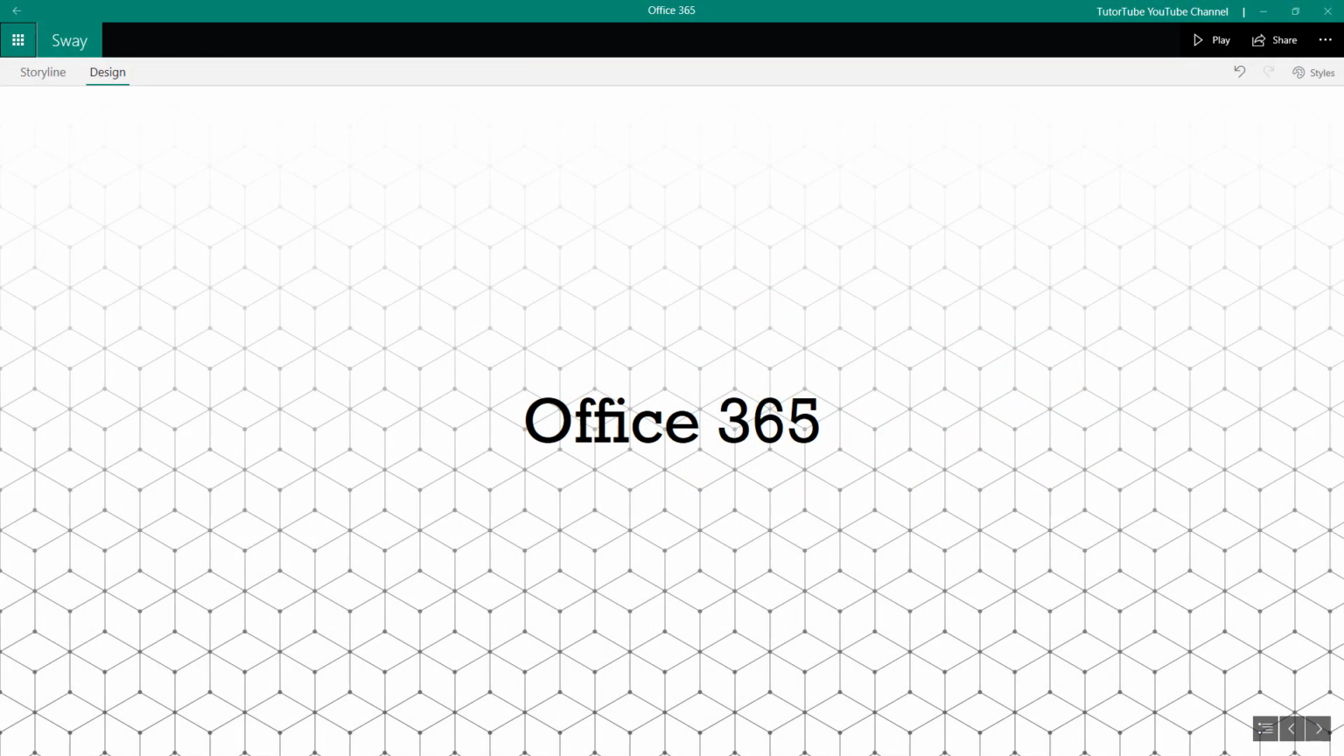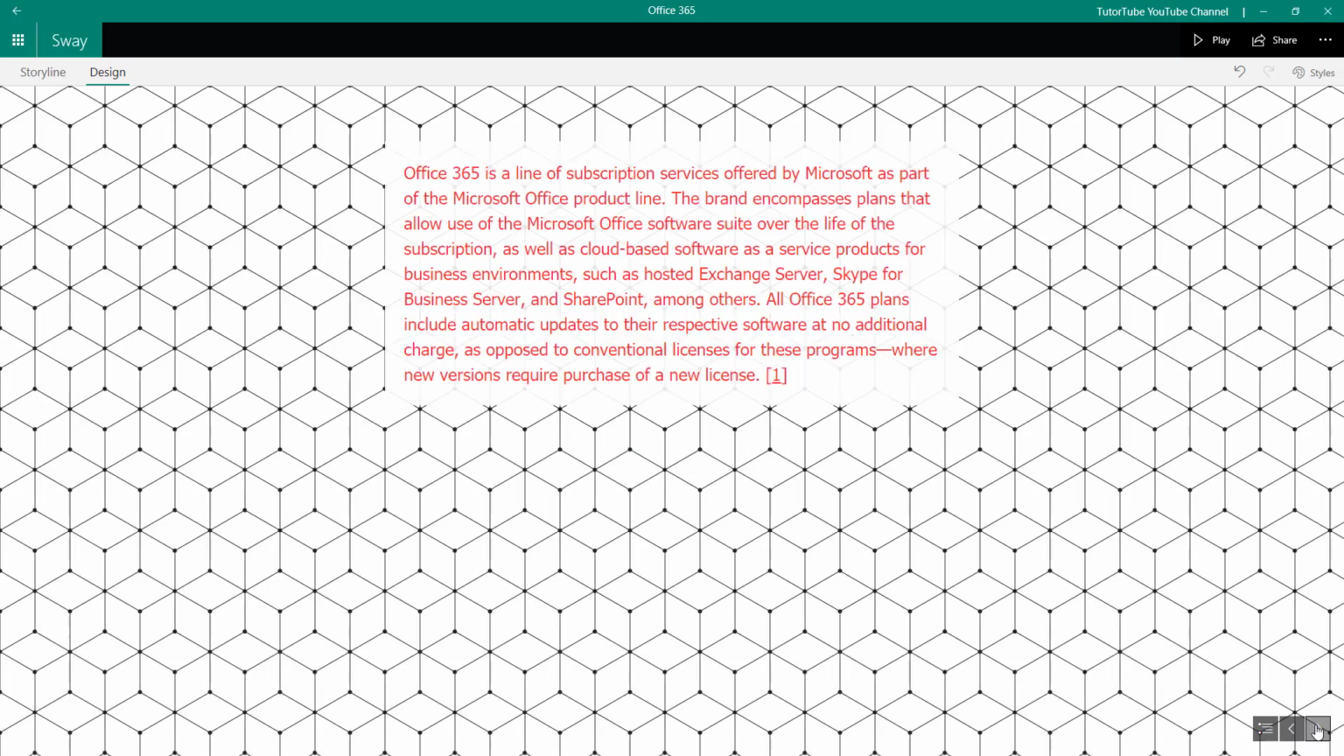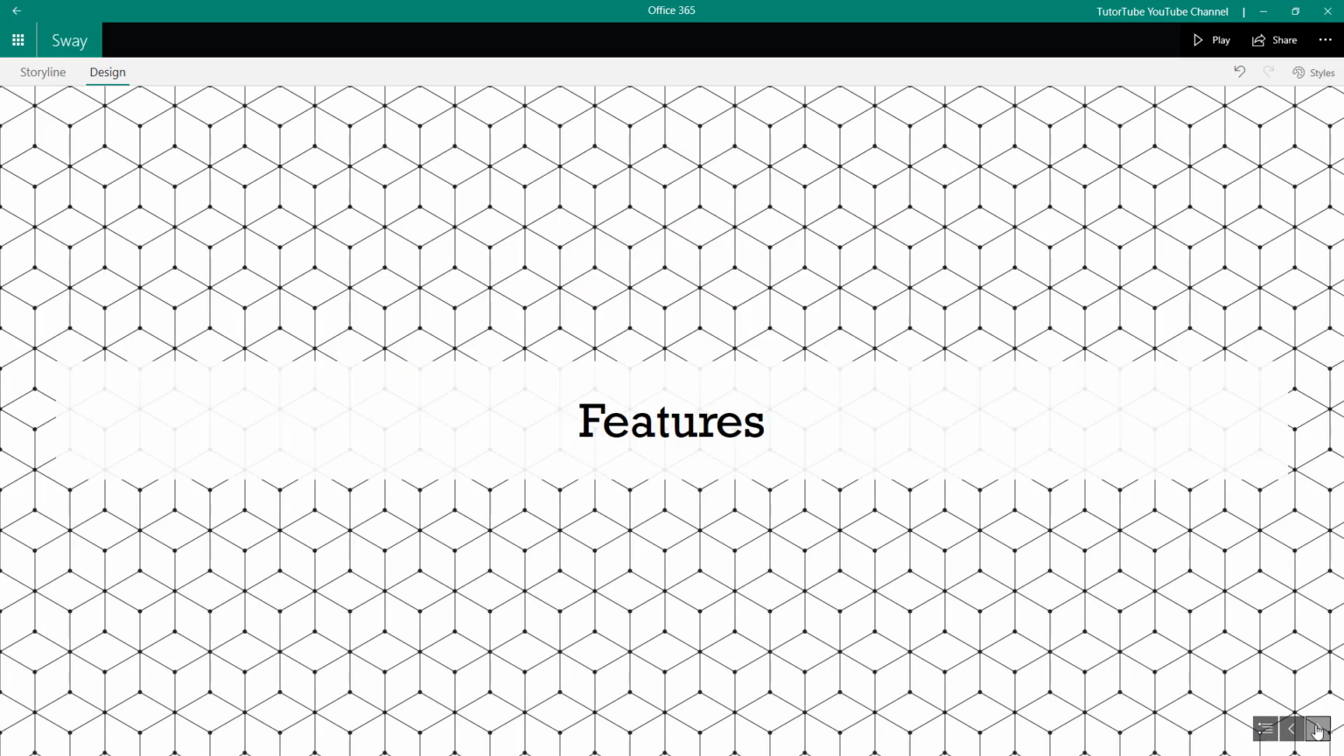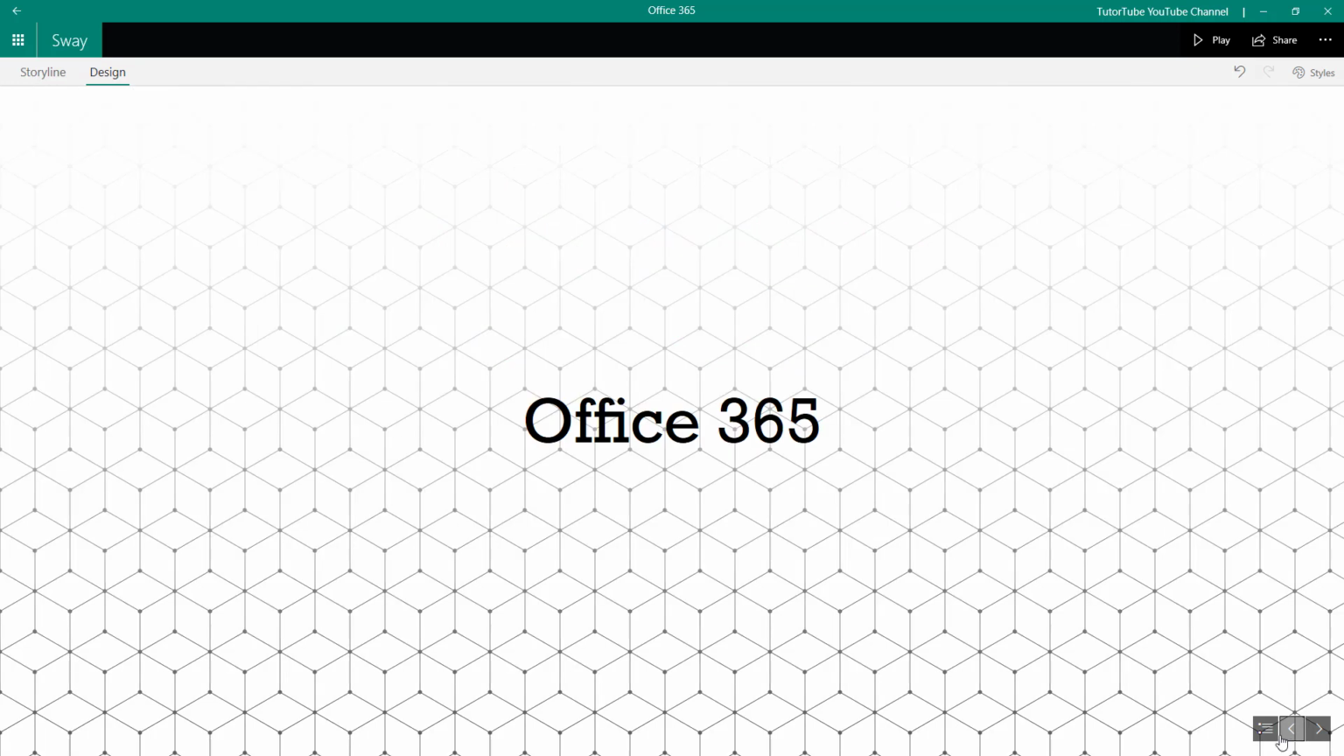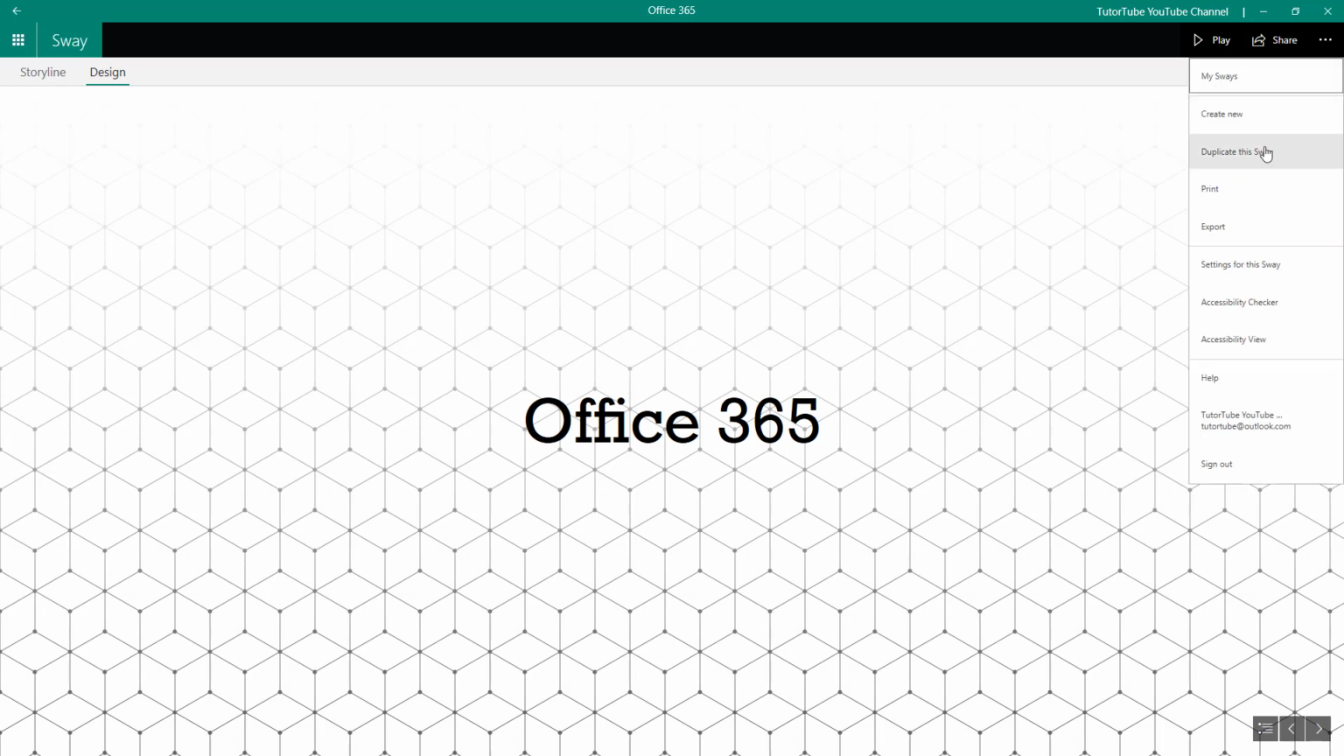So over here you can see that I got a Sway document and I have already applied a style right here. So let's say I want to use the same style in another document, and let's say I want to make some changes. In order to do that, what you can simply do is create a duplicate Sway. So in order to do that, you can simply go over here on to more option, and then you can